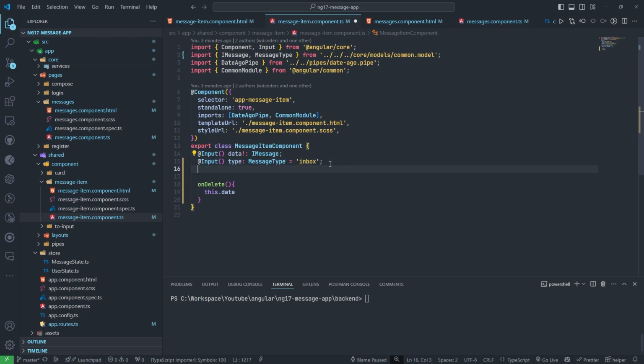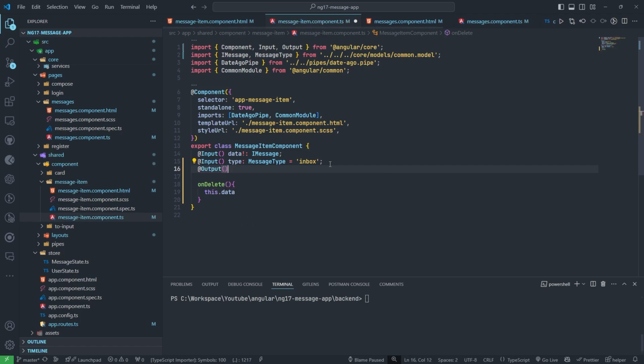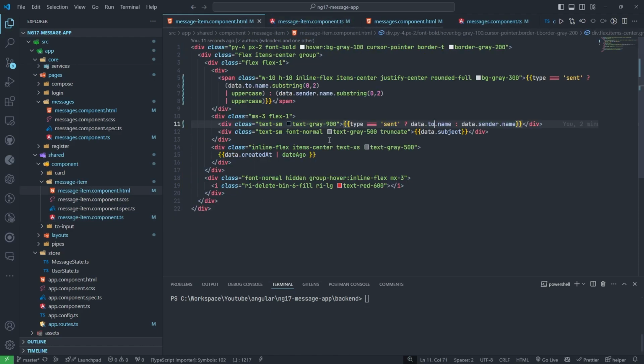So I will use the output decorator to emit data. So data will come from here, and here I can set the type as message. Okay, so on delete function, where will that be called, right? So it should be called